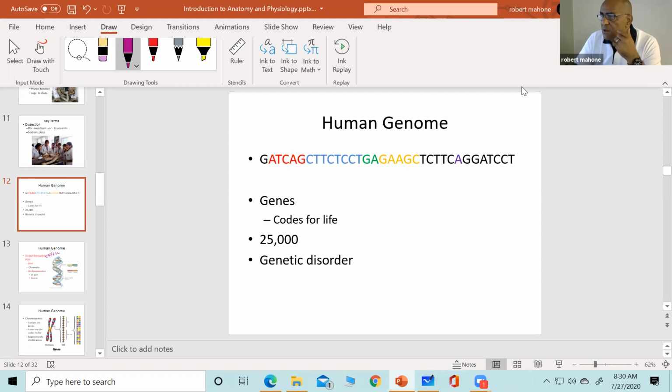Some of the genes are believed to do nothing. They can't find a reason for this being there. It doesn't do anything. But remember from last module, the rule of the human body: if you don't use it, you lose it. If that gene wasn't doing anything, it wouldn't be there. It would evolve out of our DNA. So it's either a gene that we don't use anymore that will